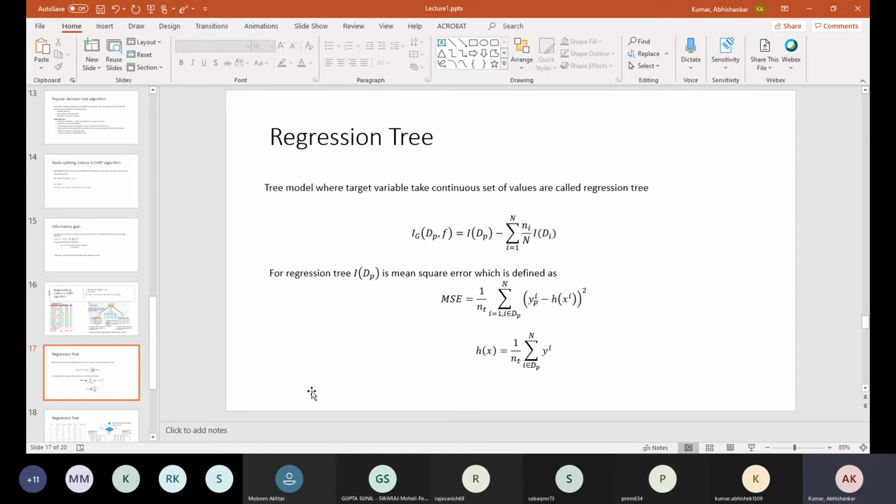But I want to know, if h(x_i) is nothing but the mean of the data present at every node, the mean of the data present at node P, what will we call this MSE? Can we call it the standard deviation? Do you know what the standard deviation is? What is variance? Can anyone explain what variance is? And then we will come to what the standard deviation is.